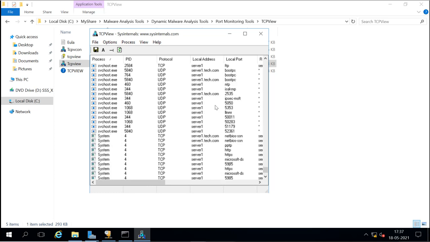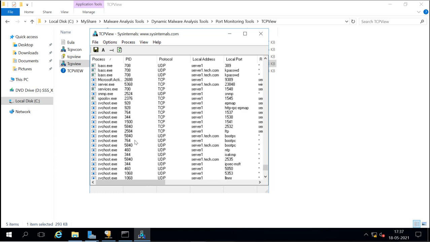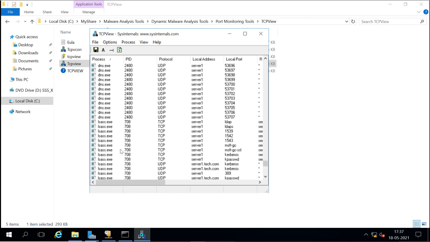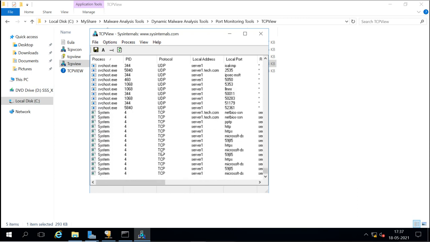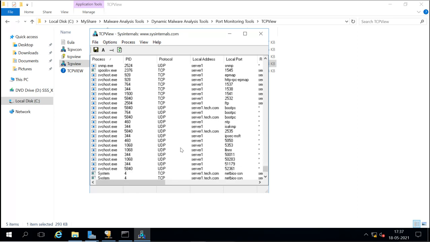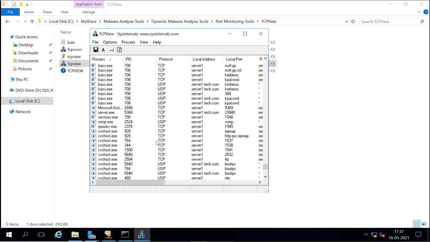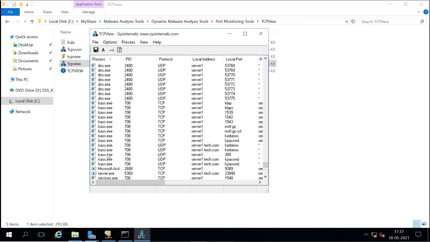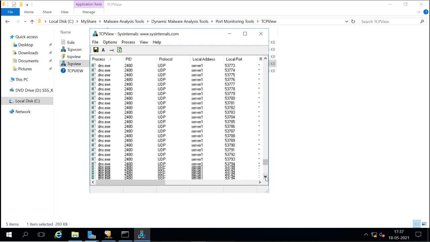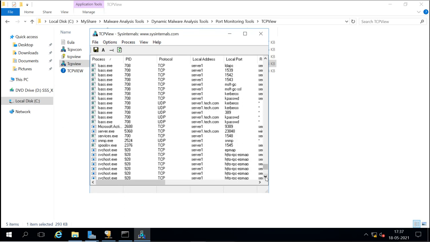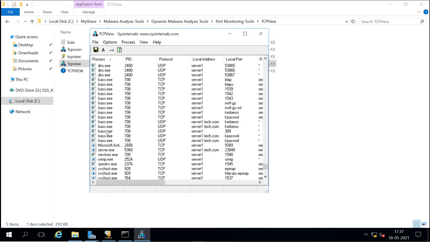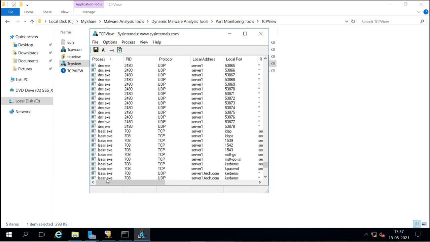Then down there you have these different TCP ports, and here we can see the server, that Trojan port.